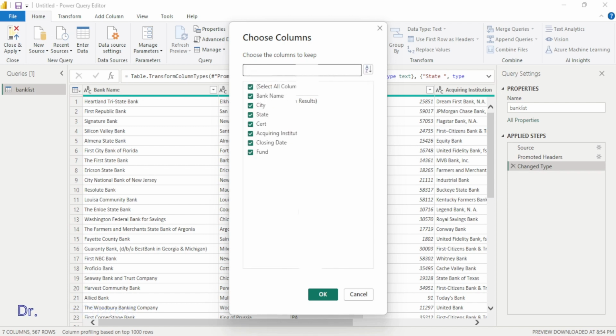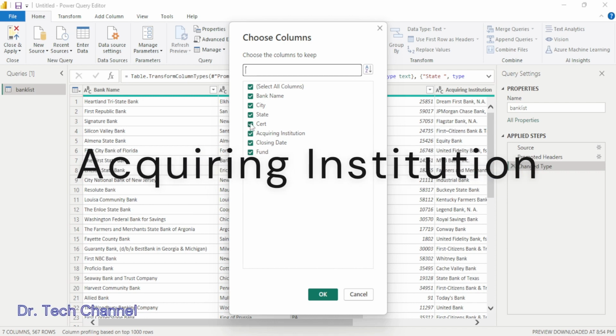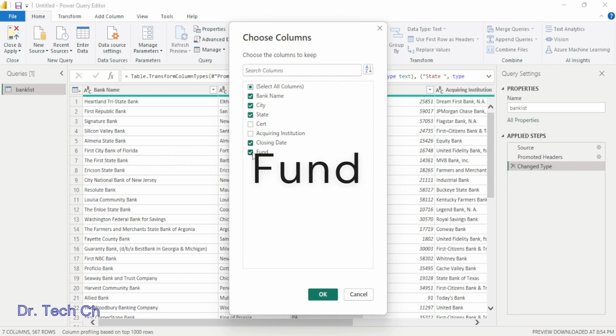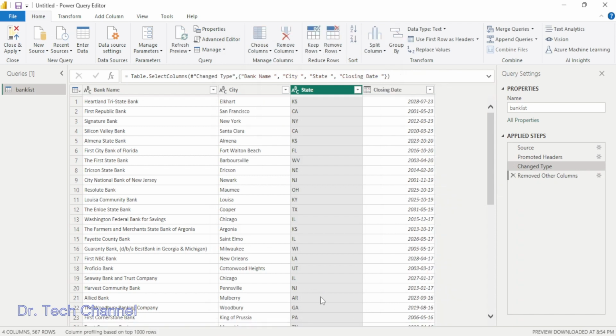In today's example, we'll focus on eliminating 3 specific columns. These columns include cert, acquiring institution, and fund. Once you unselect these 3 columns and click OK, you'll observe a reduction in the number of columns displayed on the screen. As we implement these modifications and apply transformations to our dataset, on the right-hand side of your screen,